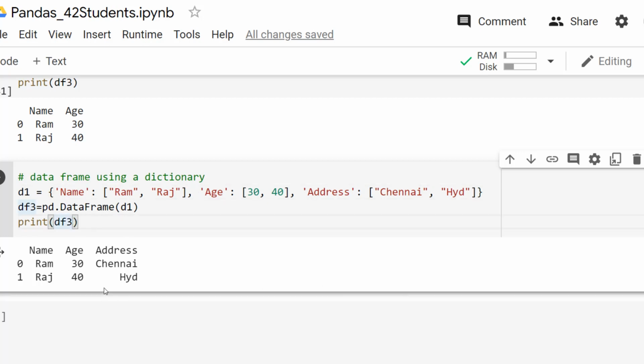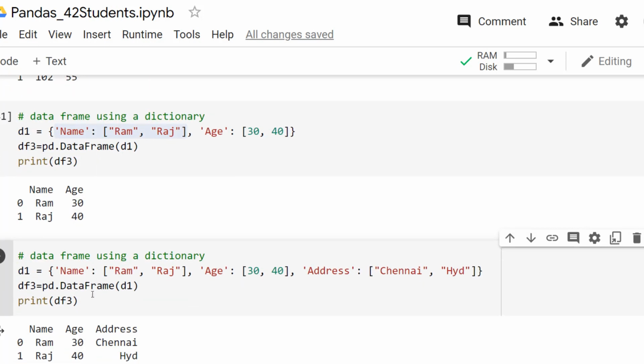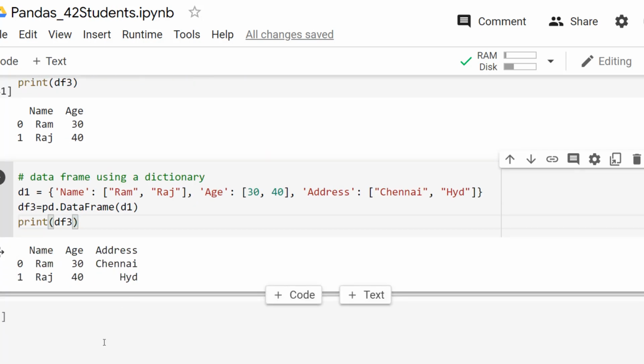That is how you can create the data frame based on a list, NumPy arrays, or dictionaries. In the examples we have discussed so far, we could create a data frame based on the list, the dictionary, or the NumPy array by providing the elements manually. Manually providing these elements every time is difficult and cumbersome, right? In real time, we usually have large amounts of data, and how do we pass that data?